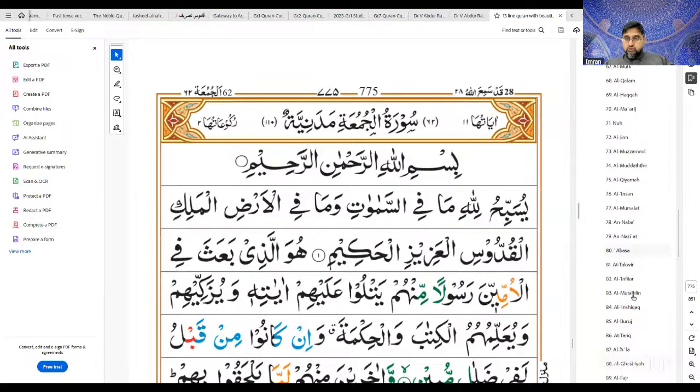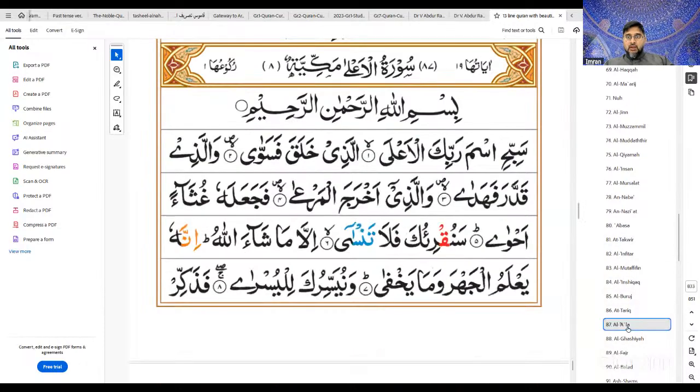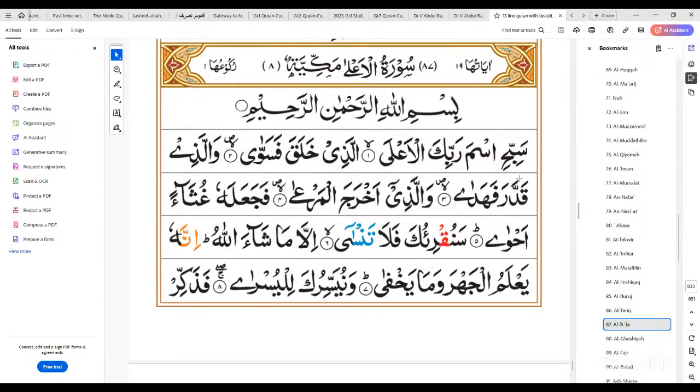Let me go back to Surah A'la. Now in Surah A'la, sabbih. As you see in Surah Shams, yusabbihu lillahi. So yusabbihu, there is a ya, and the ya had a dhamma. When you make the command, the ya or the ta gets dropped from the beginning, and the present tense last letter, which had a dhamma, gets a sukoon. And it becomes sabbih.